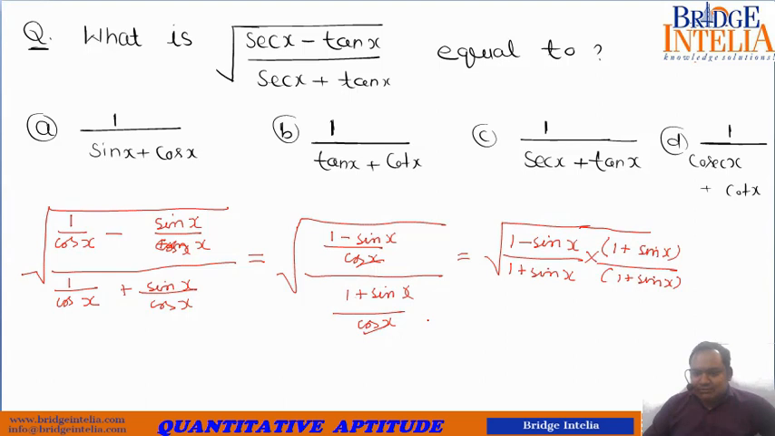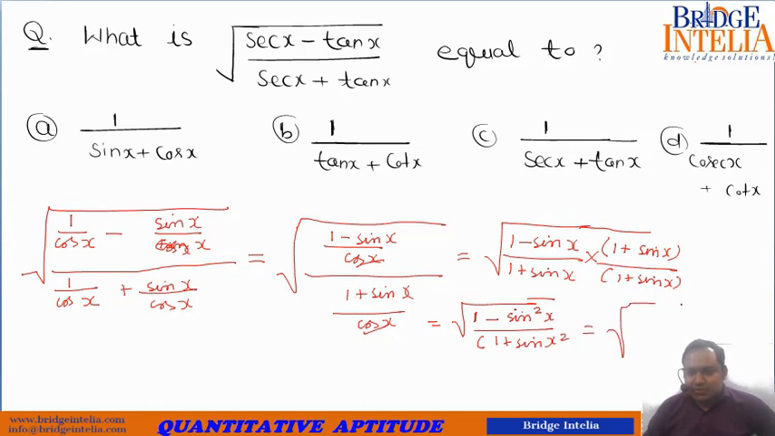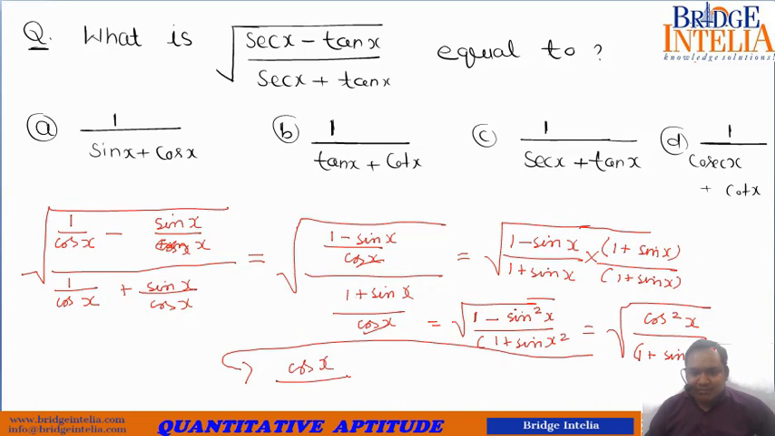So this now becomes 1 minus sin square x, because this is a minus b into a plus b form, by 1 plus sin x whole square. So this becomes under root of cos square x divided by 1 plus sin x whole square. If you take the square root of this, you will get cos x by 1